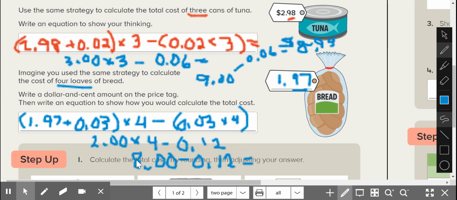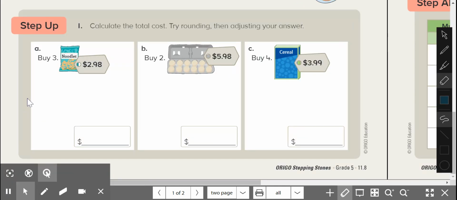If I had to, I can borrow from there. I've got 7 for my dollar amount. Again, there's my dollar symbol, and I have 100 pennies. 100 pennies minus 12 is 88 cents. So for the problem that I created, $1.97 for a loaf of bread, have to buy 4 of those. How much money would I need? I'd need $7.88. You can hopefully see how that can be an easier thing than doing it the long form,